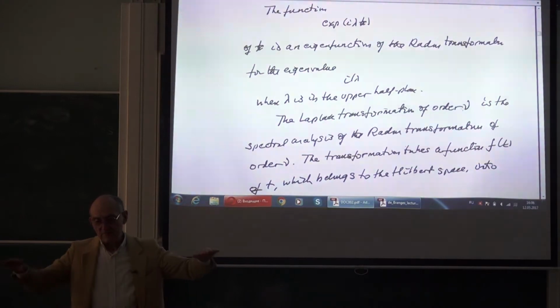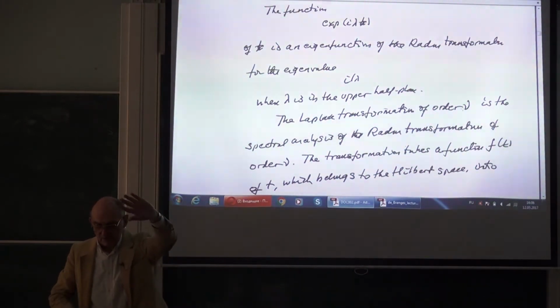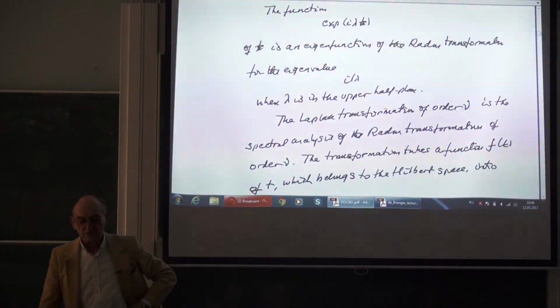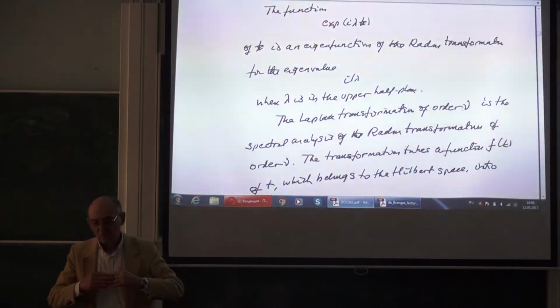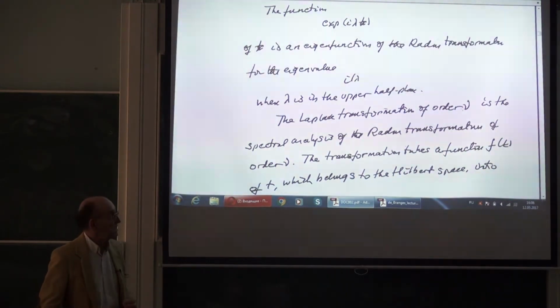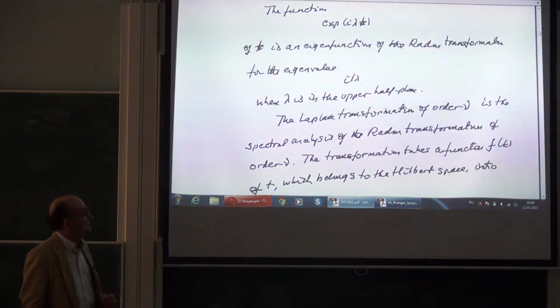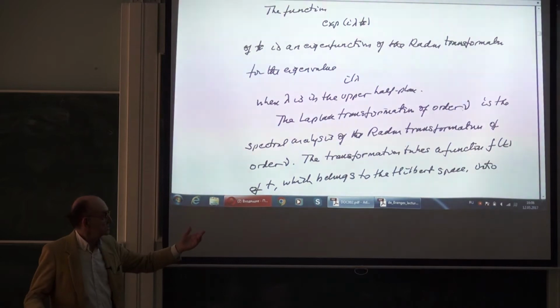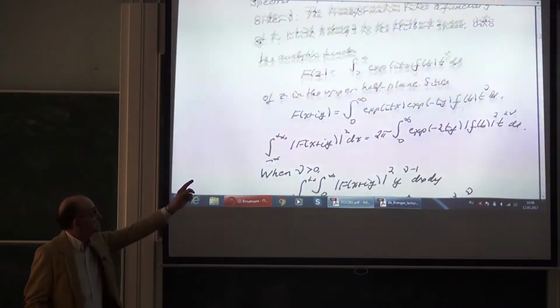complex plane is divided by the real axis. The upper half plane is what's above the real axis. And when we use those complex numbers, the exponential decreases as you move in the positive direction. It's a bounded function. In fact, it decreases exponentially. And so that means that you have convergent integrals. So the Laplace transformation, let's go into that next. The Laplace transformation,